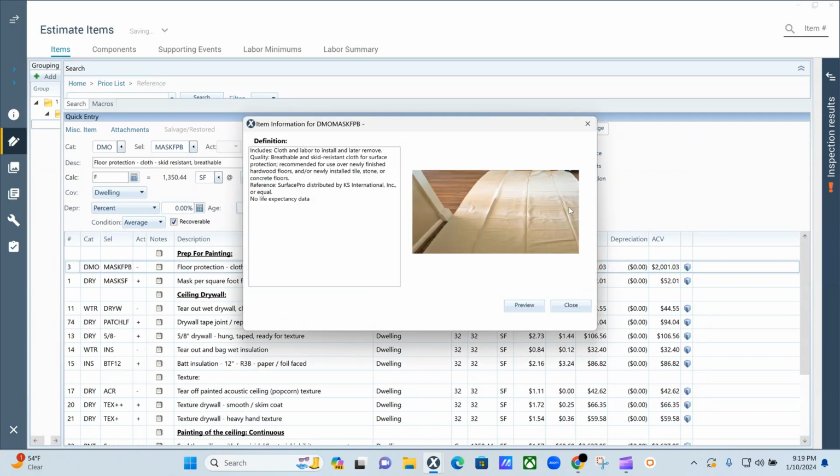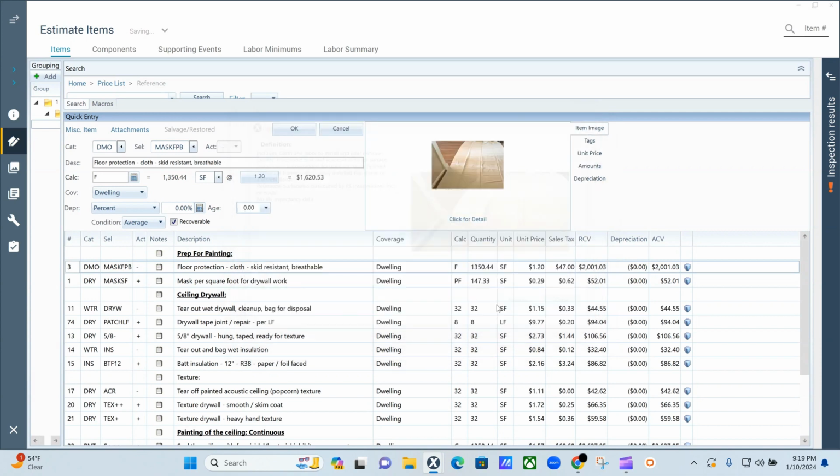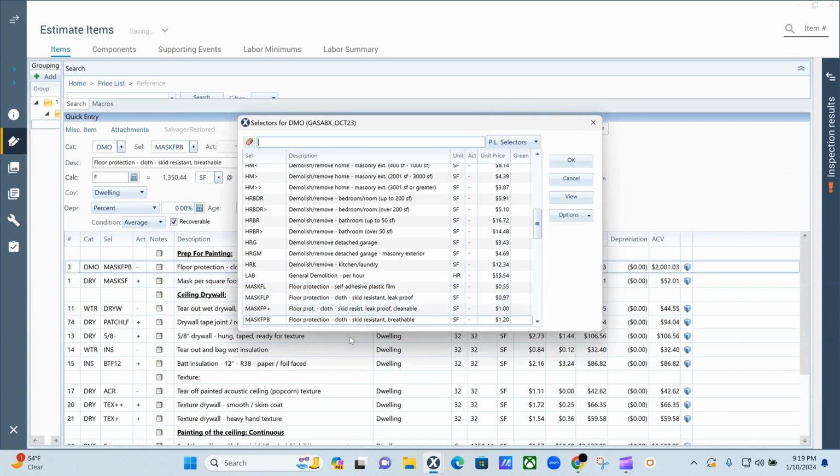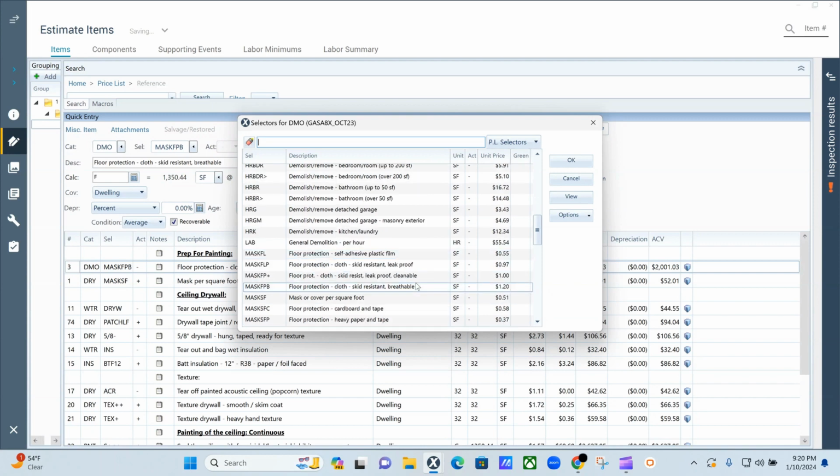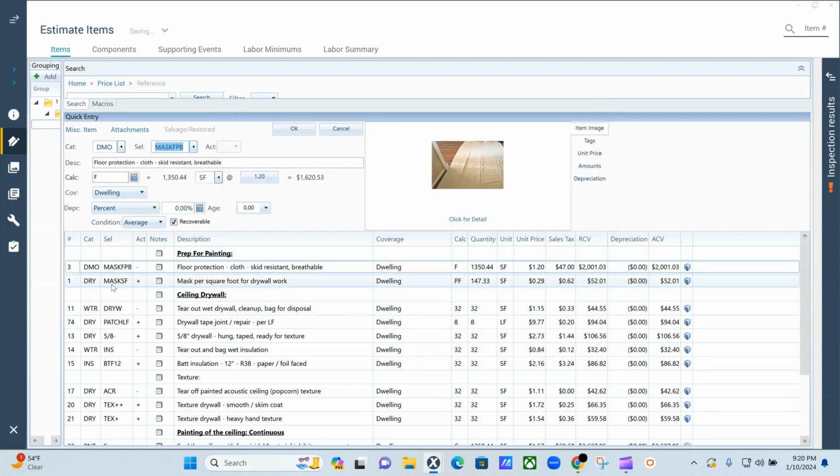So this is like a heavy duty floor protection right there. If you go here and click this drop down, you can see some of the other floor protections that they have. Like we could use skid resistant, leak proof, cleanable floor protection. We could do cloth. This is a cheaper one, or you could just use a plastic film. This is what most insurance companies will go for. Most contractors try to use the more expensive one to make more money, but any of these will work for painting. And then we're going to use the mask tape,